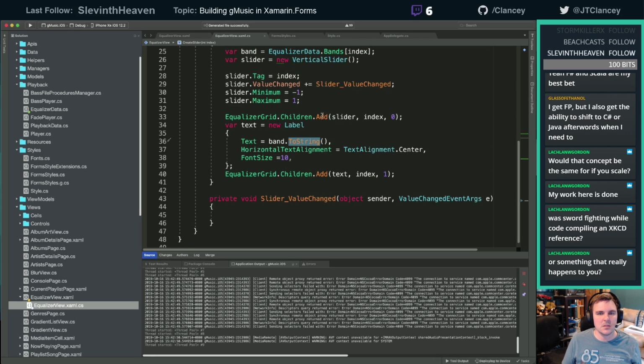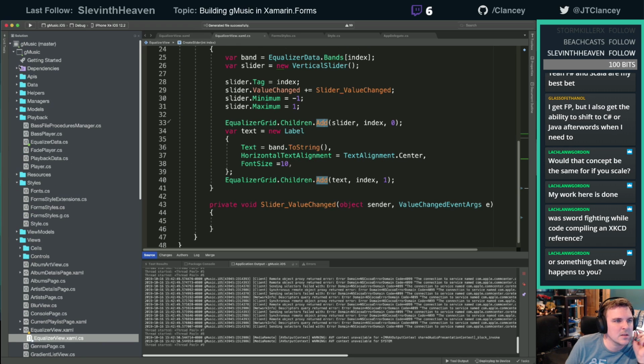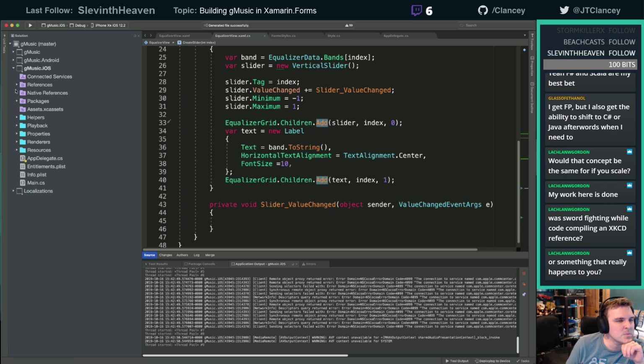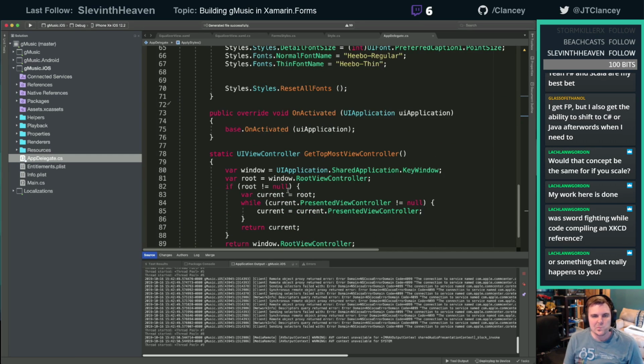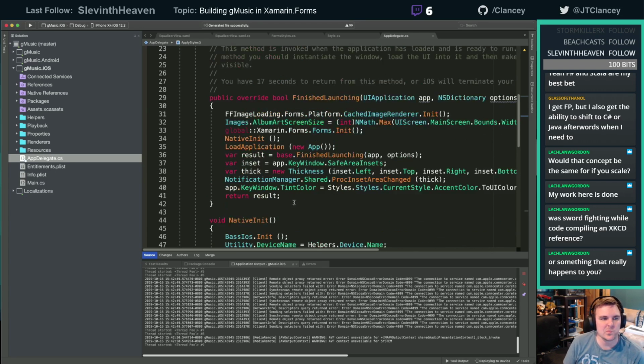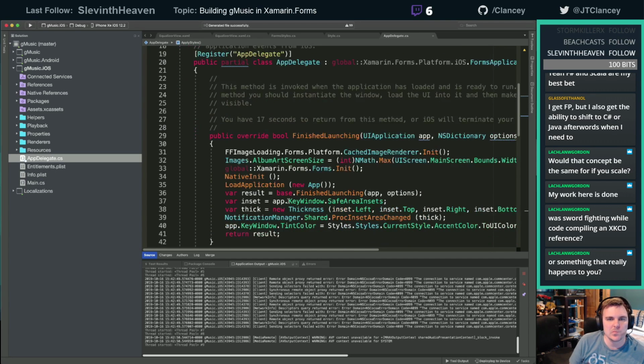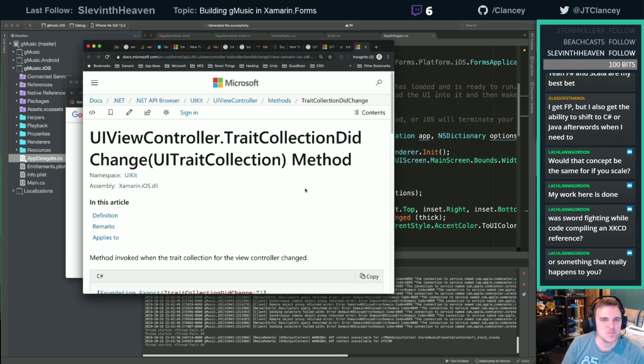What was I looking at now? Okay, I want to go check how hard this will be. That's at the view controller level. Can't do that at the app level?